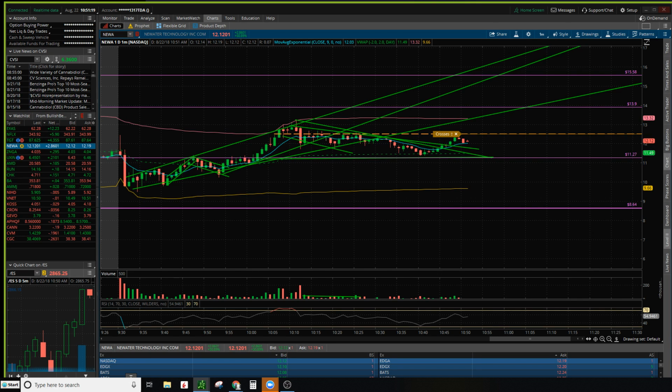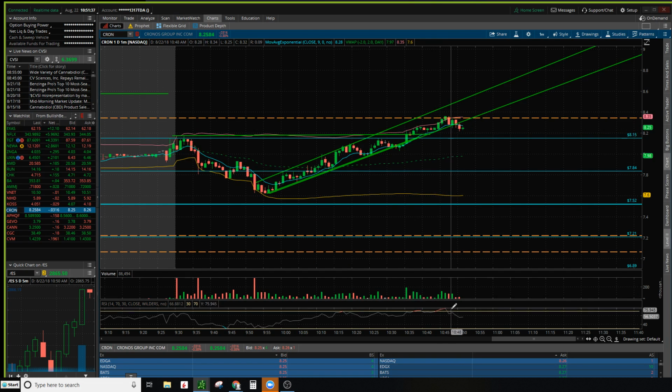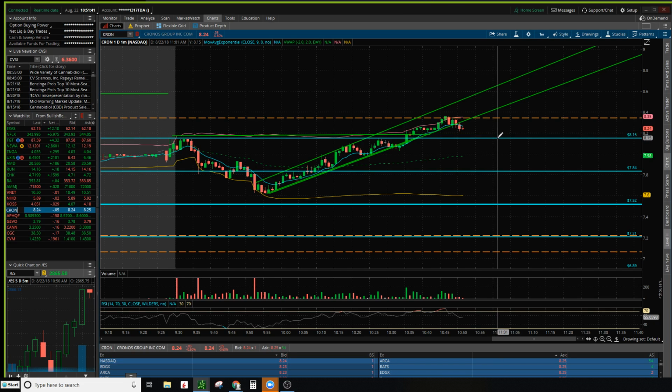So that's kind of it on that. Let's look at Cron. Slipped back into the red. So Cron is slipping out of this. So profit was hit. Sellers are predictably coming in. RSI starting to cool off. Volume starting to cool off. Look for a retest at 815